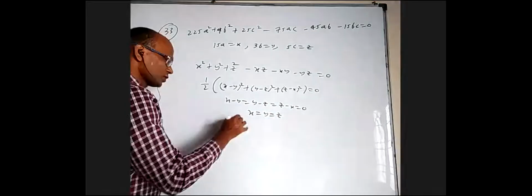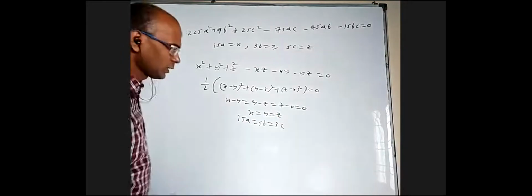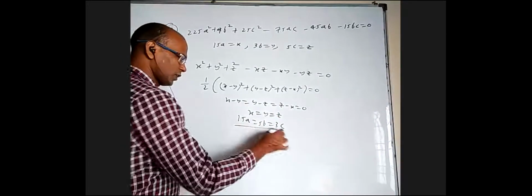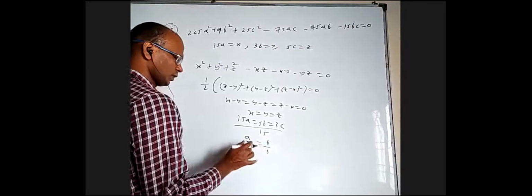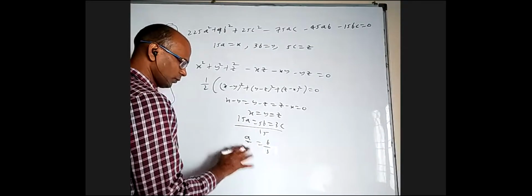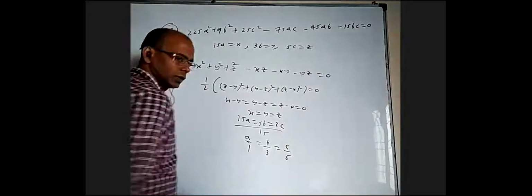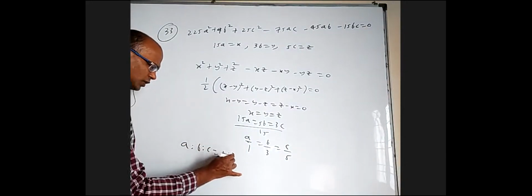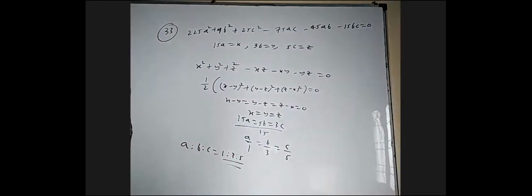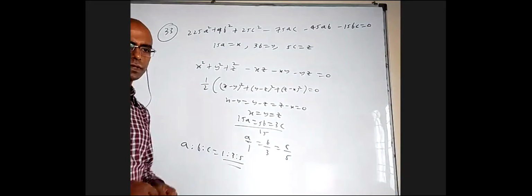x equal to y equal to z means 15a equal to 5b equal to 3c. Divide with 15 all over. When you divide with 15, it will become a by 3 is equal to b by, no, a by 1 equal to b by 3 is equal to c by 5. So basically a is to b is to c are in the ratio 1 is to 3 is to 5. 1, 3, 5 are in AP. So even if you take k, 3k, 5k also they will be in AP.